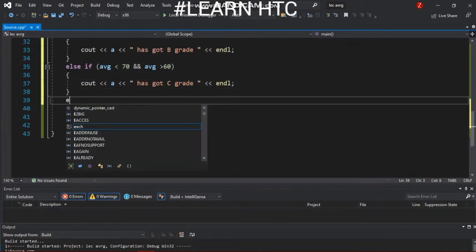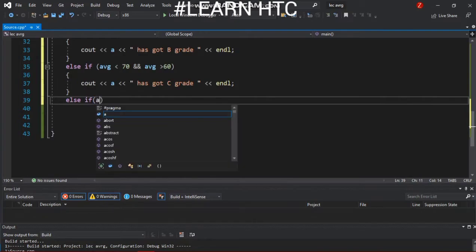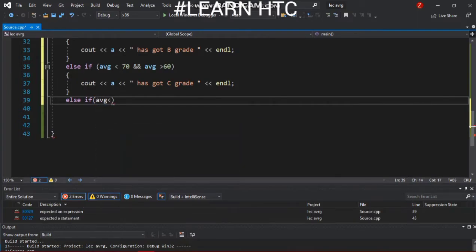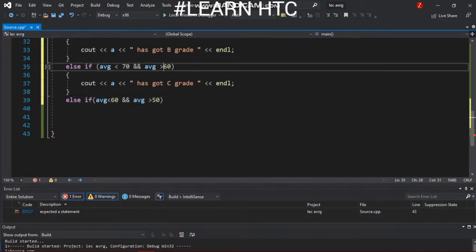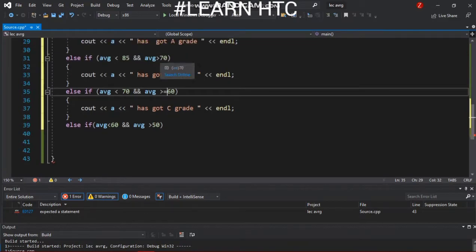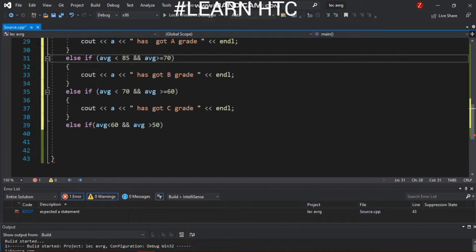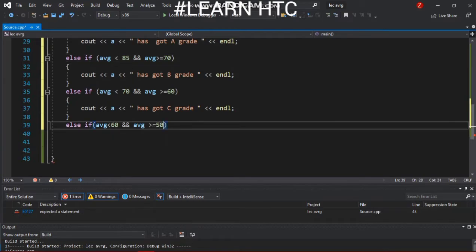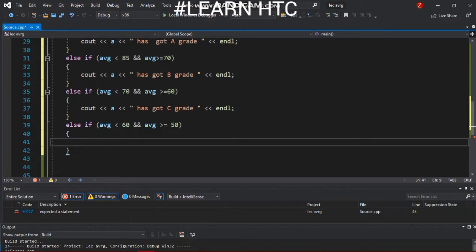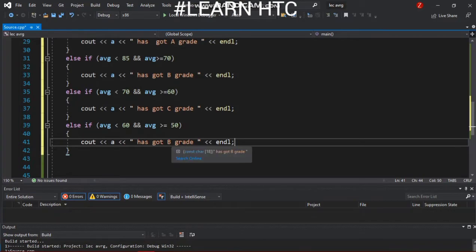Then else if average is less than 60 and average is greater than 50. We also add equal to, meaning if it is equal to 60, it's also B or C grade, so also add equal to here, otherwise the actual 50, 60, 70 is ignored: D grade.